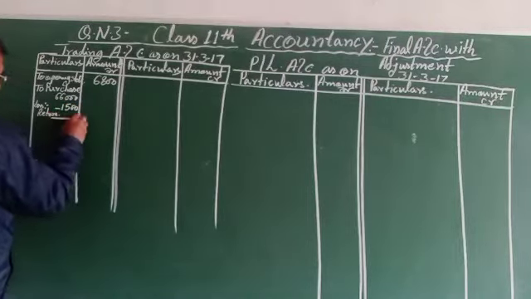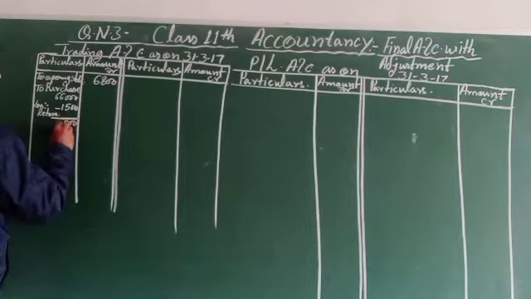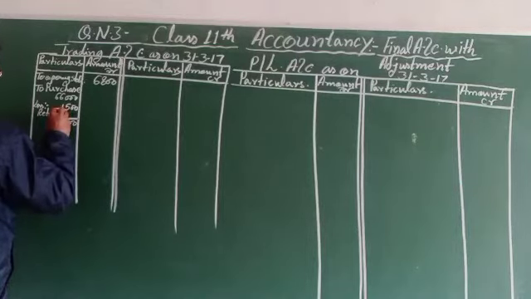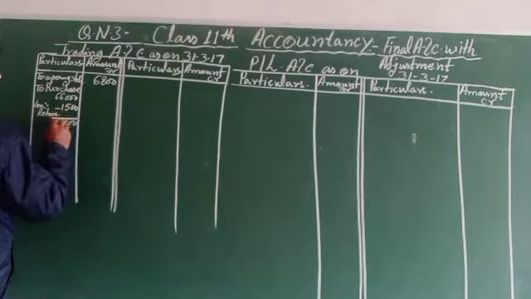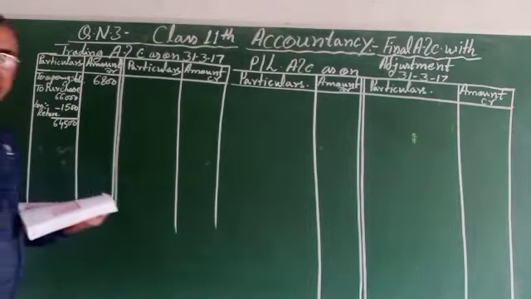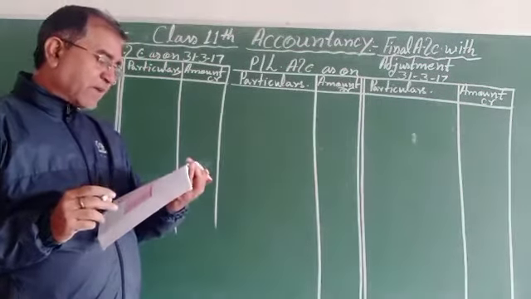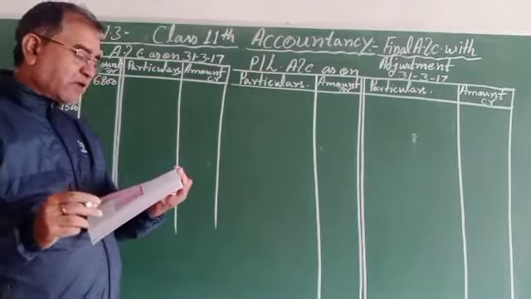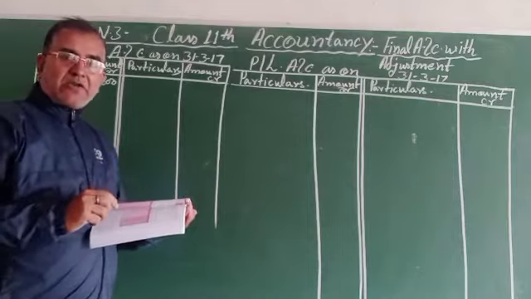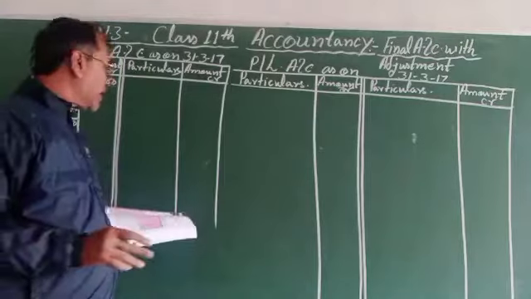Inside you can find 66,000 minus 1,500 is 64,500. Then in additional information, private purchases amounting to rupees 4,000 have been debited to purchase account. So it will also be deducted from the purchase, because this one is the private purchase,